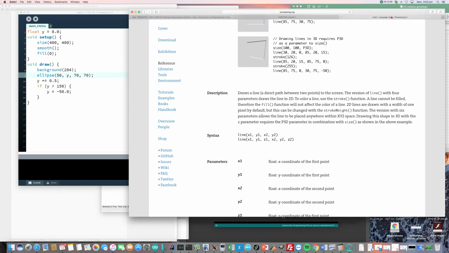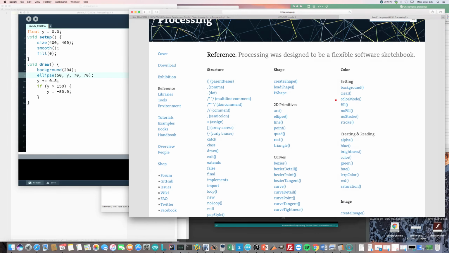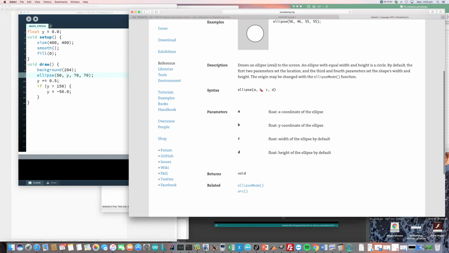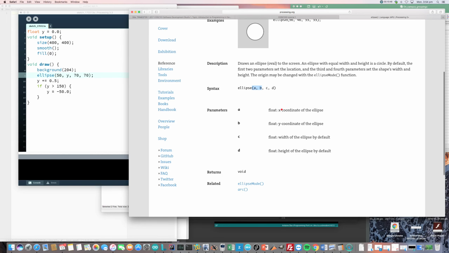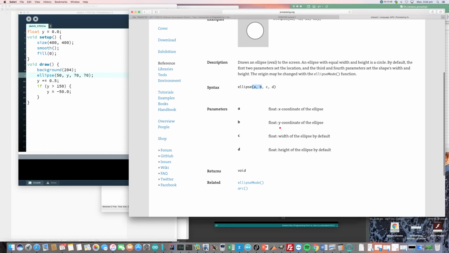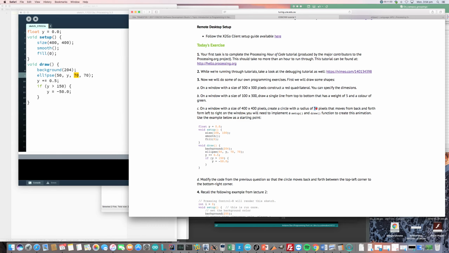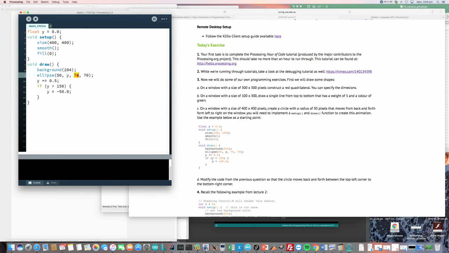So if we go back to our reference here and go to the ellipse function, we can see that A and B are the x and y coordinates of the ellipse, so that's the center point of our circle, and the width and height are the parameters C and D, so the last two parameters. So if we change this to be a radius of 30 pixels, so if we change this to 30, well,